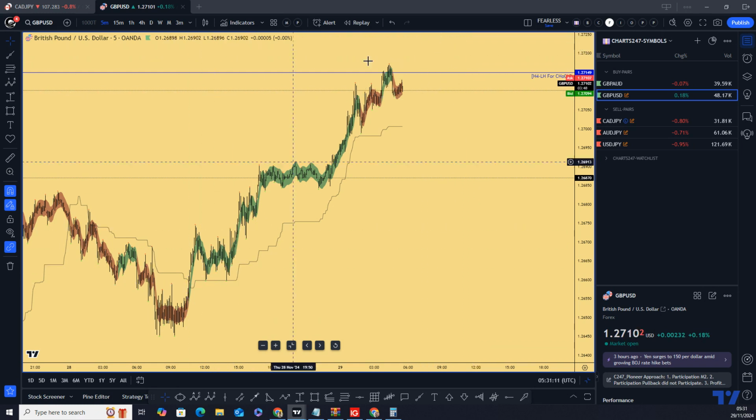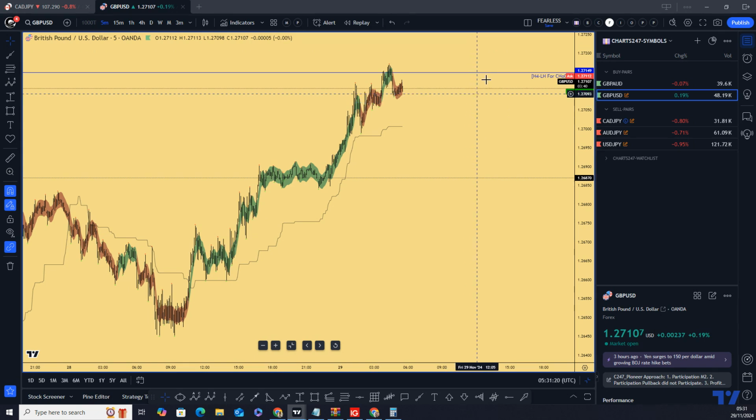Okay, wait for the completion of this wave structure above the current level and look for a lower high after the price has broken down and tested the high and failed to make a higher high. That is the best way to approach the pound US dollar. So last but not the least,